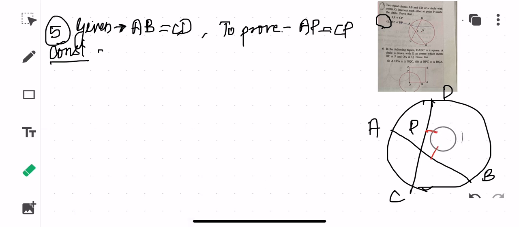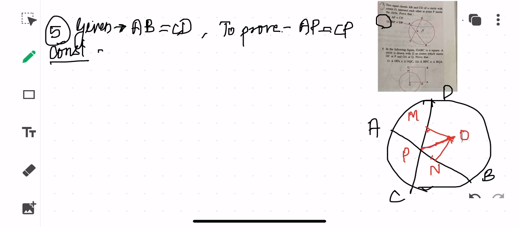clearing this figure a bit more, children, so that things are still more clearer to you, because this is the most important part. So suppose I am taking the center here. So this is the first perpendicular, this is the second perpendicular that I am dropping. This is my point of intersection. Suppose here, the first perpendicular I am taking as M, the second one I am taking as N. Okay, and then what else? We will be joining this particular point, that is P and O.